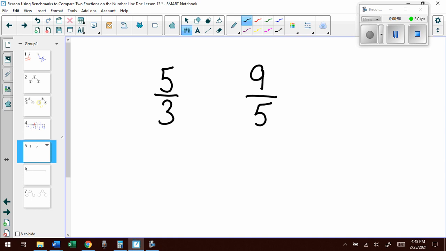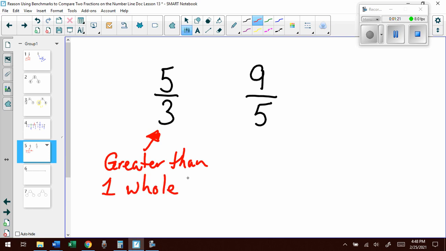Now, with these two fractions, what can we notice about them? Right away, hopefully you do too, I notice that this fraction right here is greater than 1 whole. That's good. However, I notice that this one is also greater